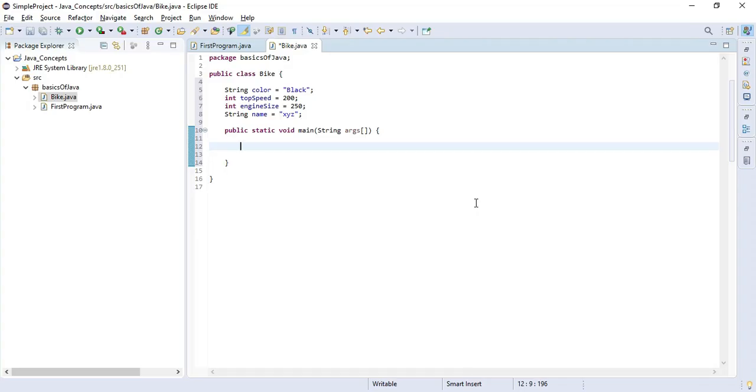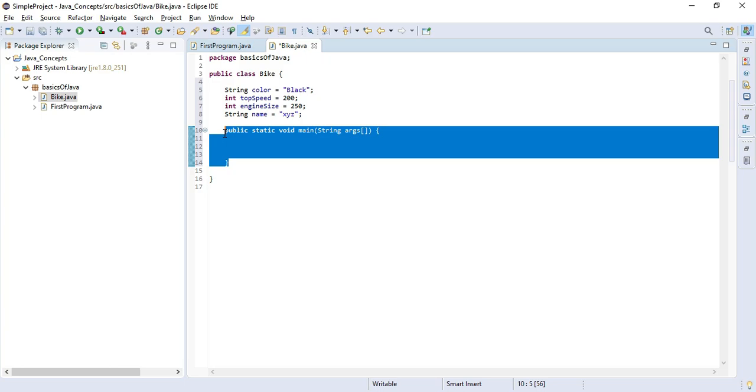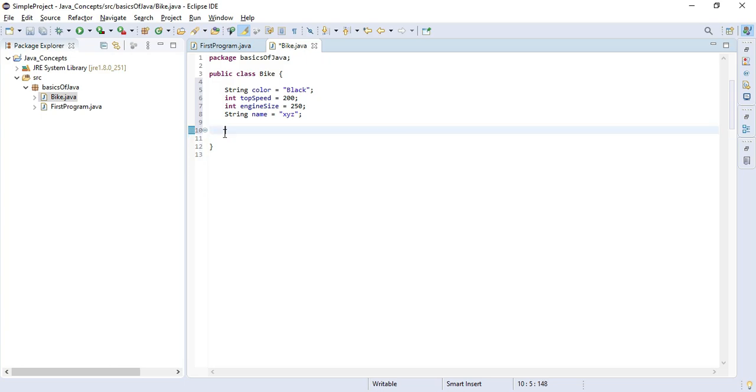It says class is a logical entity, so it means if I will not use this main method, and instead create something like public void set bike engine.